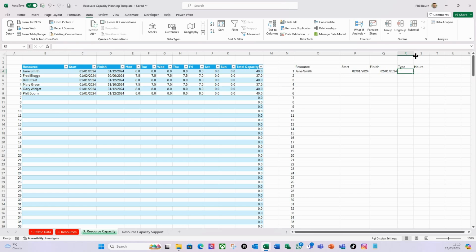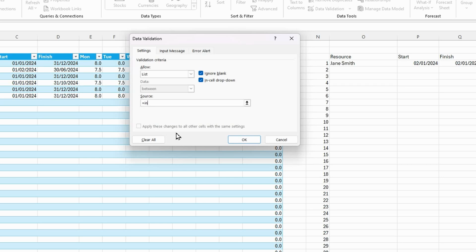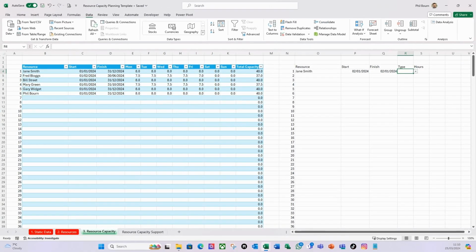And then do data validation on the data ribbon, list, and again use the indirect function, so equals indirect, open bracket, quotation mark, paste in that syntax, close the quotation mark, close the bracket, and click OK. So I've now got that. So this will be planned leave,